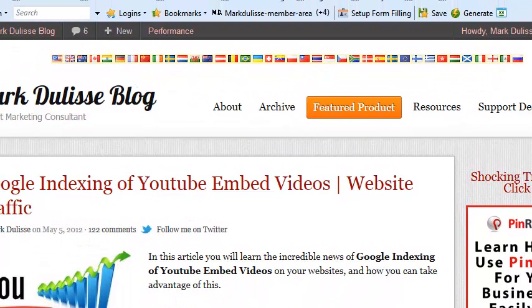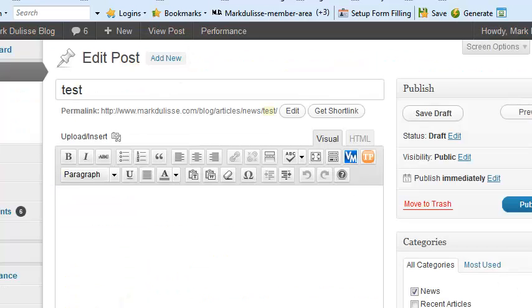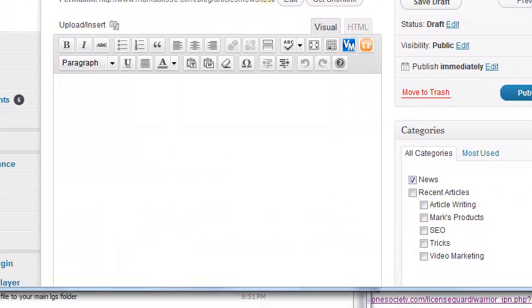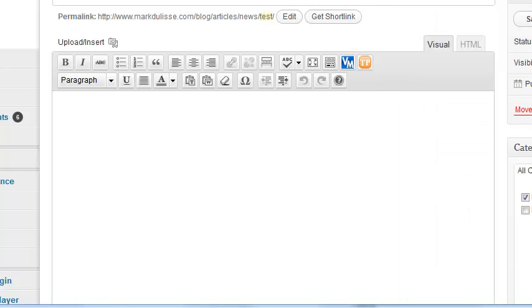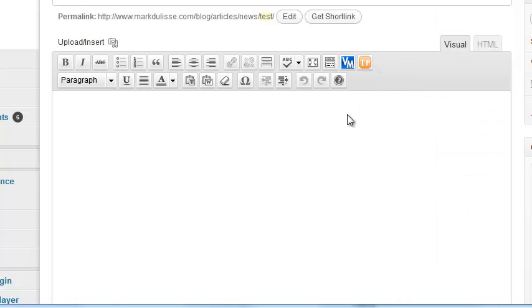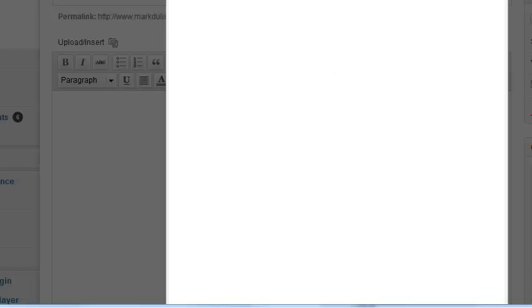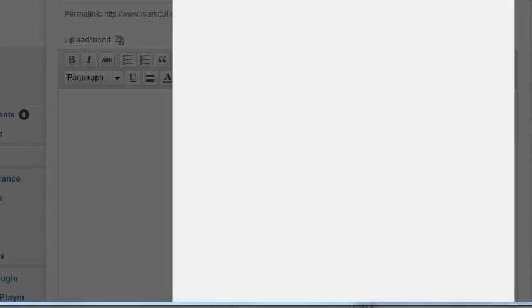We're going to go back into my dashboard, and I'm going to show you how all this works. And here is just a test post right here, test post. And here's the TP, the Traffic Player plugin icon in your visual editor. All right, let me just move this out a little bit. All right. First of all, obviously, you just click on that little button there, and a pop-up happens like this,